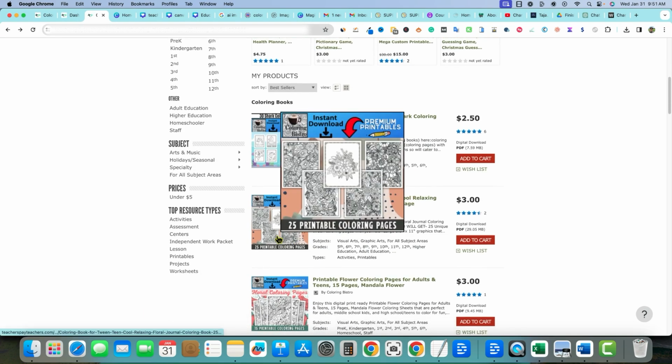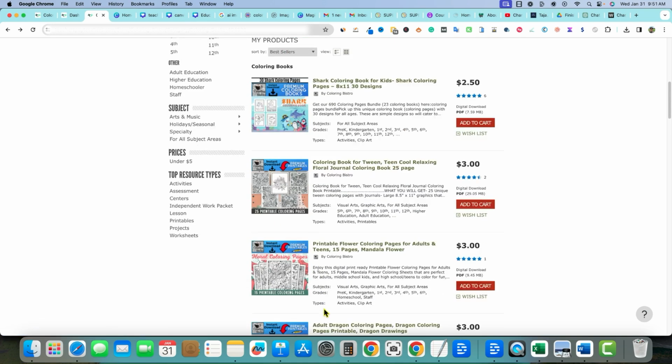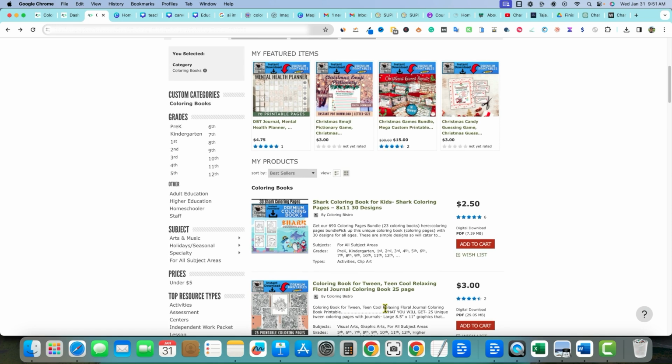So we have the mandala designs, relaxing floral journal coloring pages, and so forth. I'm going to take you through a journey on how we can start creating coloring pages and coloring books. You don't have to necessarily make full-fledged coloring books anymore. I'm not doing KDP anymore. I might start that back up when I get my